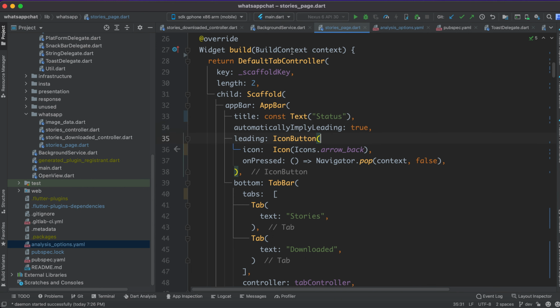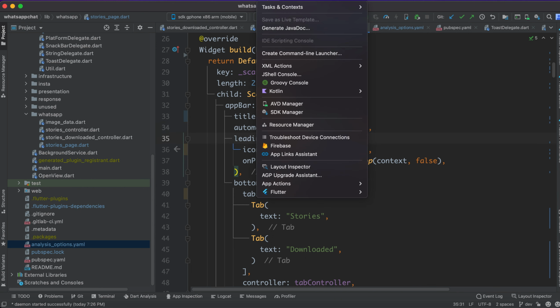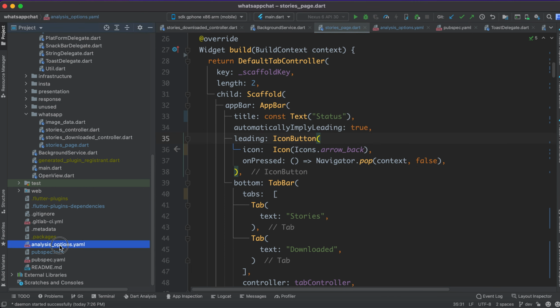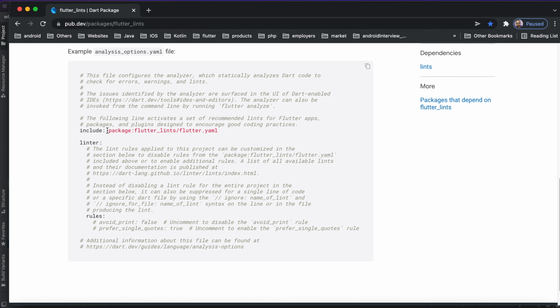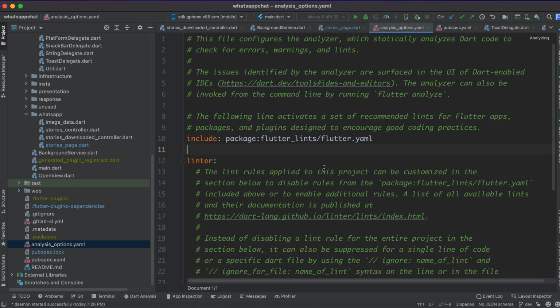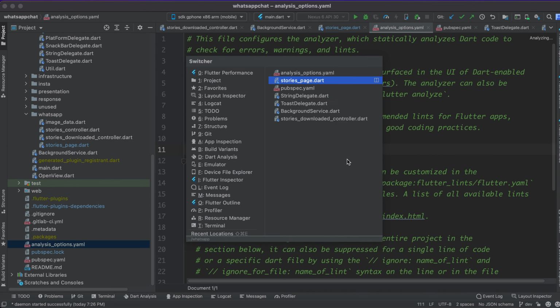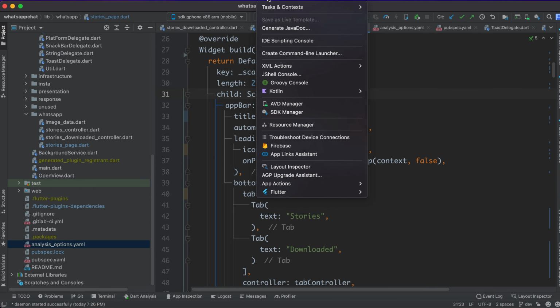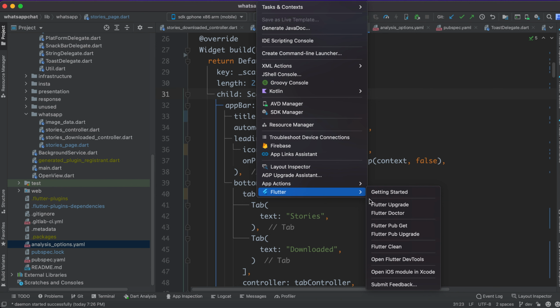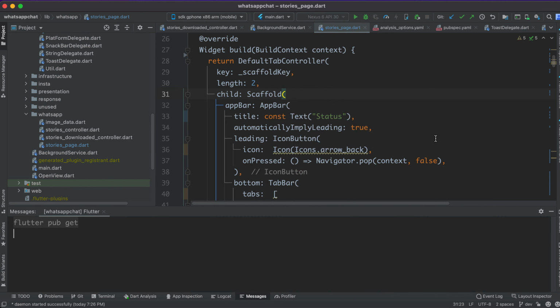Until it's not giving, let me make a change here. This one I have commented, but if you see here, it's not commented. I commented it to show you that after enabling this, I'll get something here. So let me first do a get.